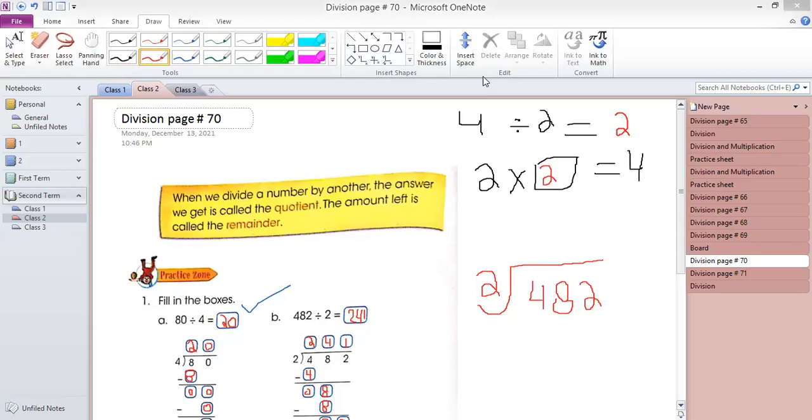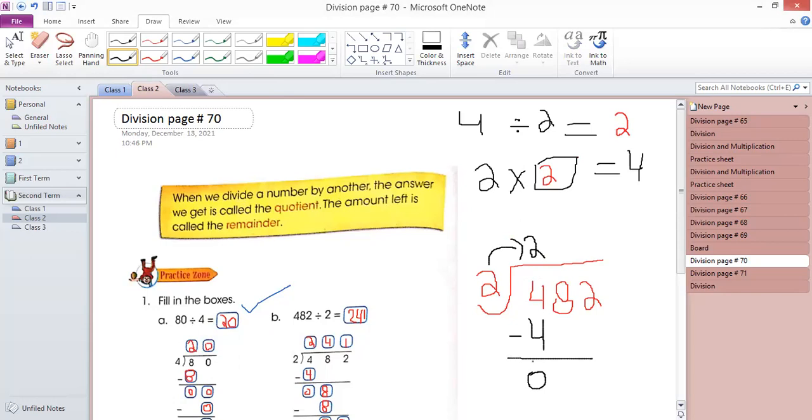Yes, sir. Very good. 4 divided by 2 is 2. So you will write here 4 divided by 2 is 2. Now the next step is to multiply this 2 by this 2 and write the number below the number which you are dividing, 4, and then subtract 4 minus 4, 0.